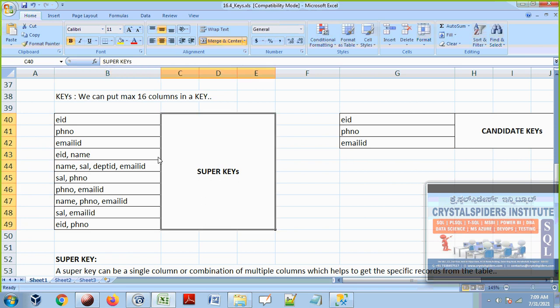So that's why we are not going to say this is a candidate key, because in this super key we have some columns that, even if you don't provide them, no problem, we can still identify the record. So we are not going to consider this combination of columns as a candidate key.